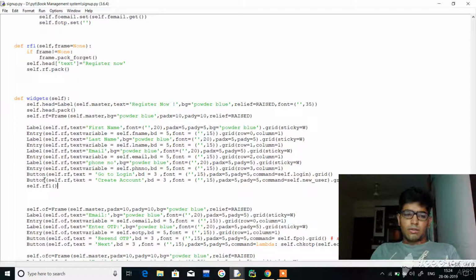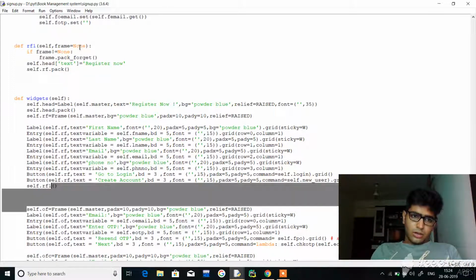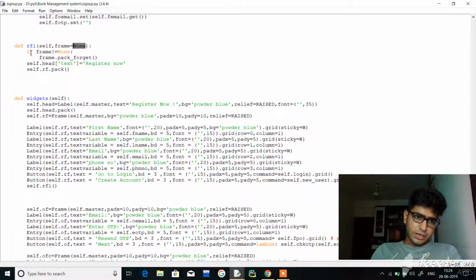Now I have called self.rf1. Because of the convention I have, since it is a frame, rf, I have called this function rf1. So what does rf1 say? Simple. Initially, the definition rf1 is here. Now if frame is none, because we haven't passed anything, this will work. If frame is none, it is checking. If frame none is not equal